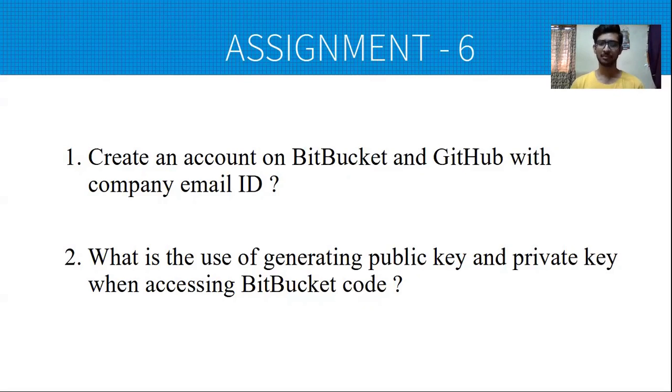For example, making a clone of a remote repository is done in two ways. One is using HTTPS and one is using SSH, which is secure shell. HTTPS is a simple method. You just make a git command, git clone repository URL, and if you hit enter, it will ask for a password. And this is a time consuming process. When you try to clone a repository, it will ask for a password each time, and if your password is compromised, anyone can make a clone of your repository.